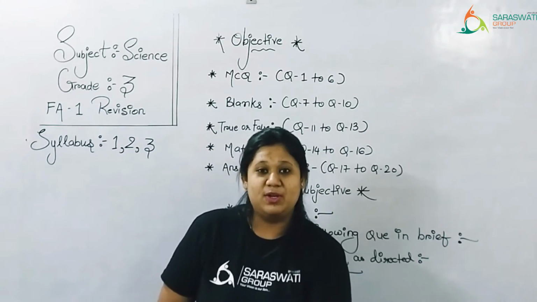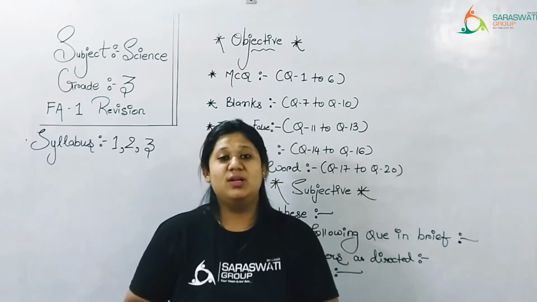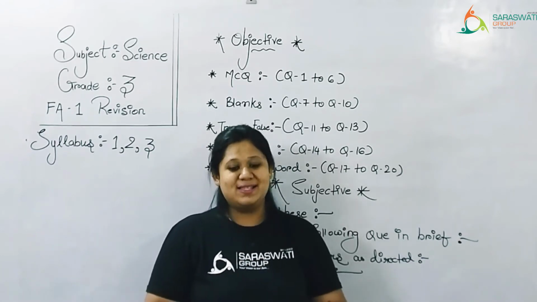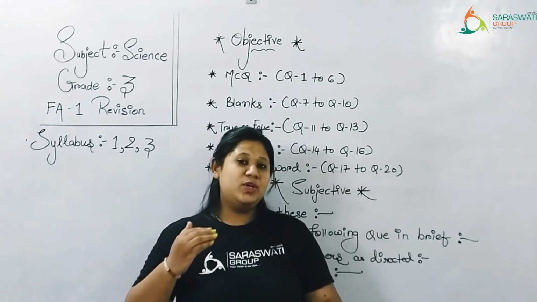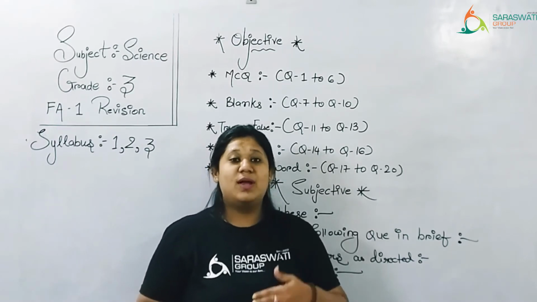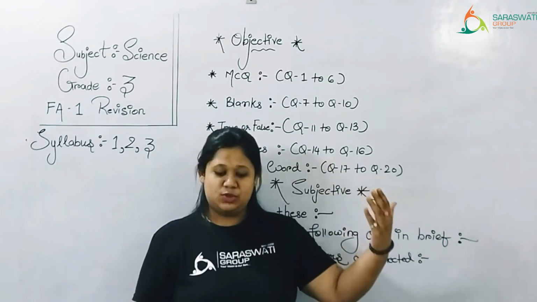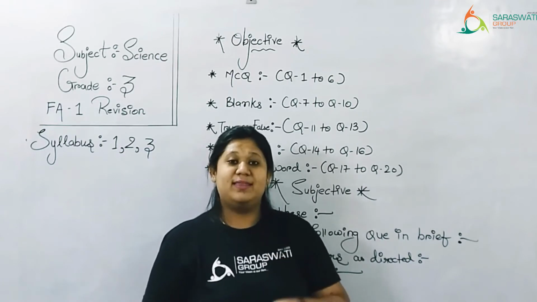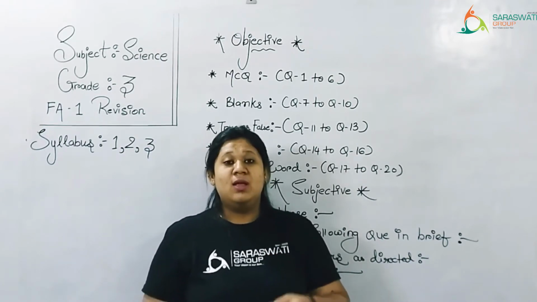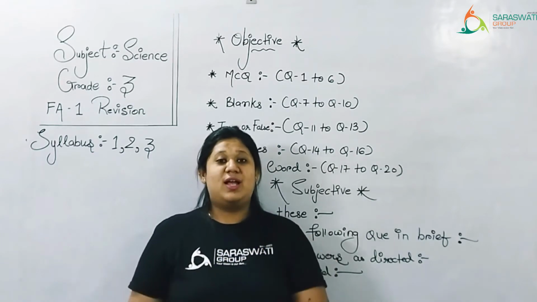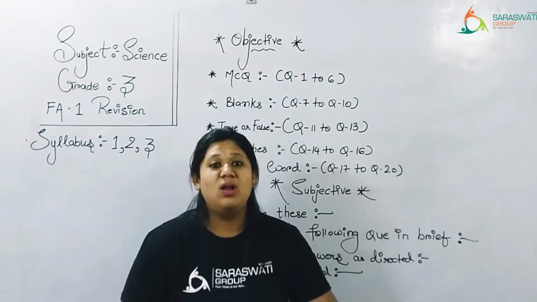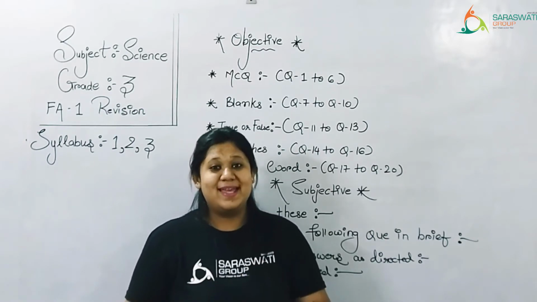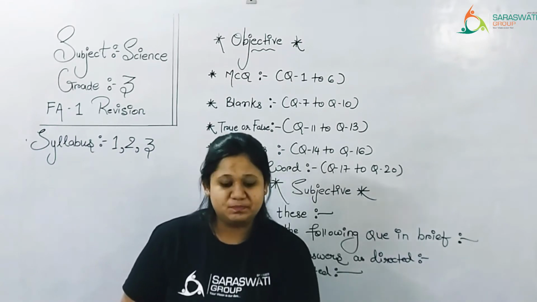Now let's begin chapter number 2. In chapter number 2, the name of the chapter is parts of a plant, right? There are so many parts of a plant. There are two types of systems, right? One is the root system and another one is the shoot system. The part of a plant that grows under the soil is called root. Whatever grows under the ground, that part is called root. And whatever grows outside of the ground is called the shoot system, right?